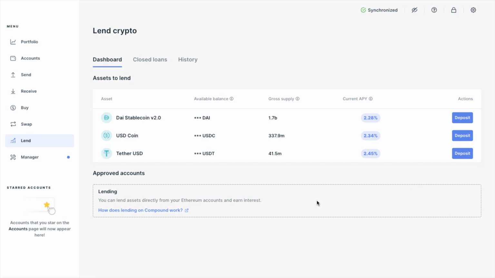As you can see, the current APYs range from 2.45 for Tether, 2.35 for USDC, and 2.28 for DAI. And it shows me the gross supply and available balance that I have for each token, and this excludes the amount that's been deposited. Now, I don't actually have any of these tokens available on Ledger at the moment,